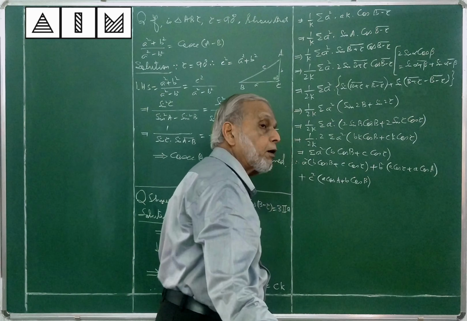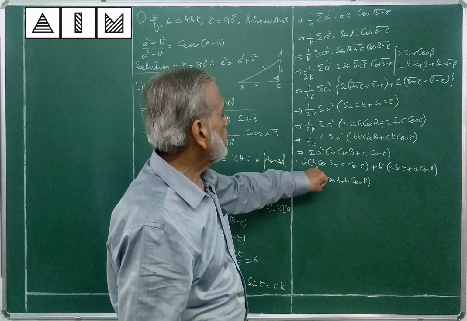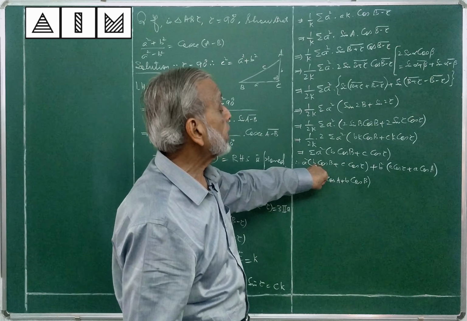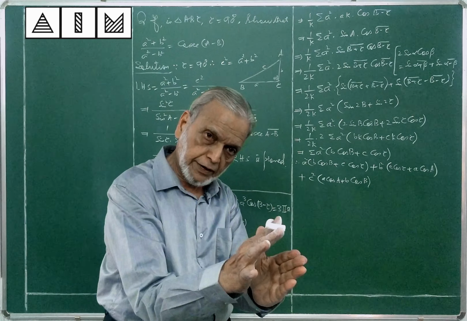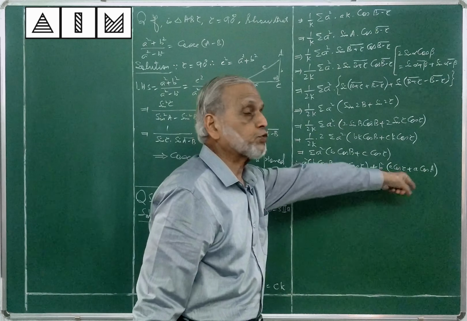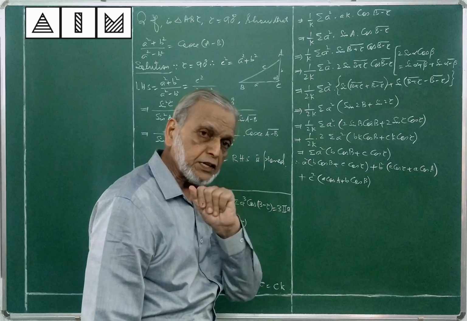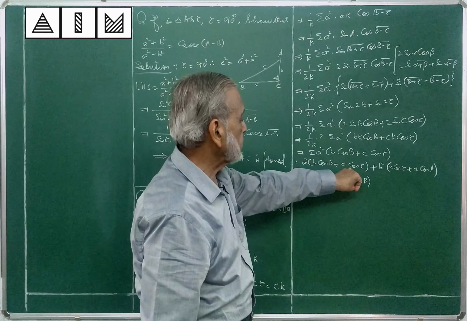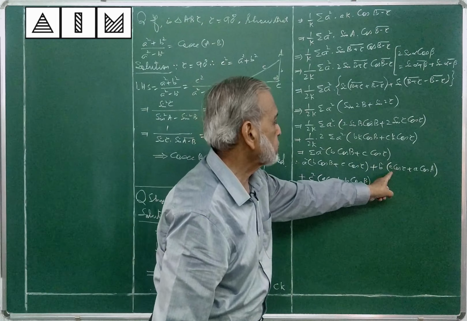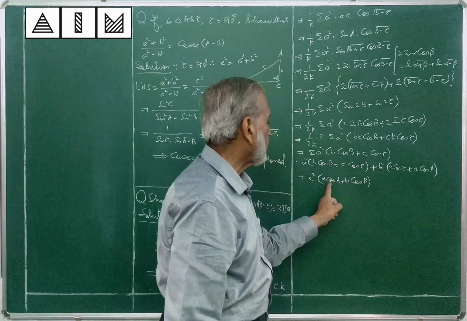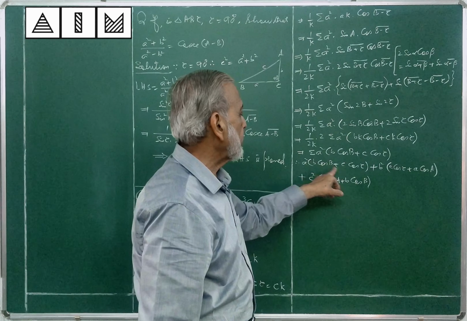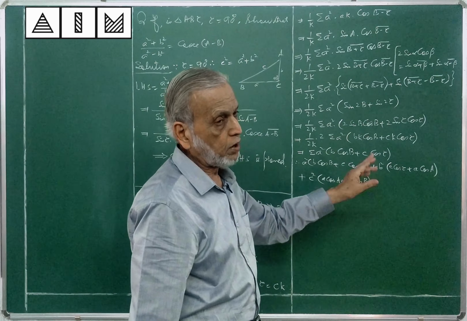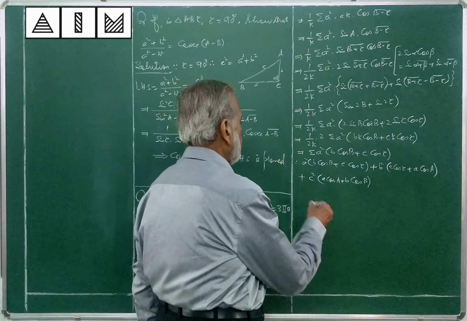Whenever you open sigma, please remember one thing, your first term will reoccur in the last term. That shows you have expanded sigma correctly. A square into this, B square into this, C square into this, that is easy to understand. Here b cos B plus c cos C, continue. c cos C plus a cos A, continue. a cos A plus b cos B. Notice finally b cos B is reappearing here. That shows you have correctly expanded sigma.